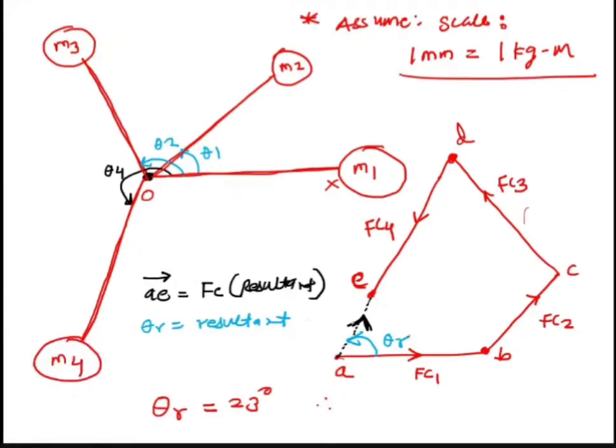So basically, try to understand that this vector AE bar is a resultant force. So what will be the balancing force? Balancing force will be equal and in opposite direction. No? So what will be the balancing force? Balancing force will be EA bar. So AE bar is nothing but a resultant force. So EA bar is nothing but a balancing force. So you have to just change the arrow.